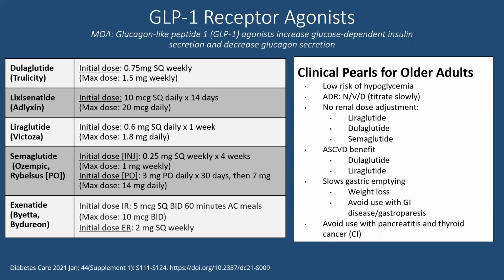That's a contraindication. But in the scheme of which drug do you use when, these are pretty high up because of low risk of hypoglycemia, potentially weight loss in your predominant population that's obese, and that's one of the reasons they're diabetic. They're relatively well tolerated if you titrate the dose gradually, and relatively convenient because most of these are just once weekly injection. And I'm kind of excited to see when this PO formulation starts getting covered, because once that starts getting covered, I think it's really going to revamp how we treat diabetes in our older adults. Next slide.